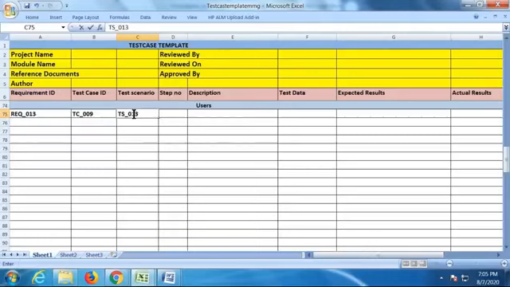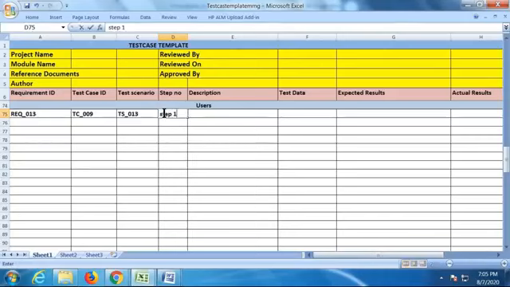In real time, we have 2-3 testers in a company, we don't have 10 to 20 members in a company, right? So based on your experience and your performance, your leader will keep on assigning tasks to you. You are supposed to write test cases only for the modules assigned by your leader, and need not write for all the modules. But here we are learning the course, so all of us are writing the same module test cases. Okay, now here I can take step number